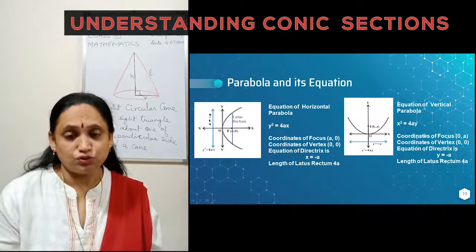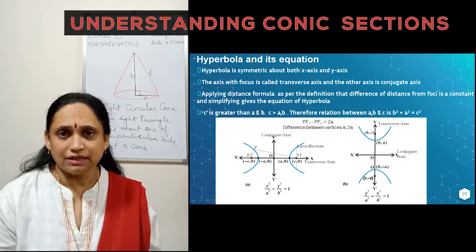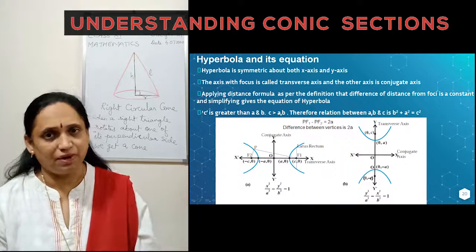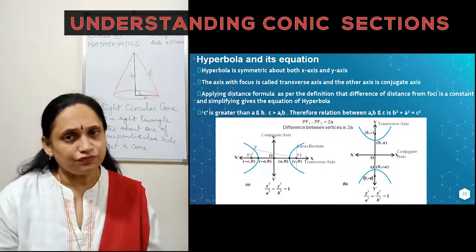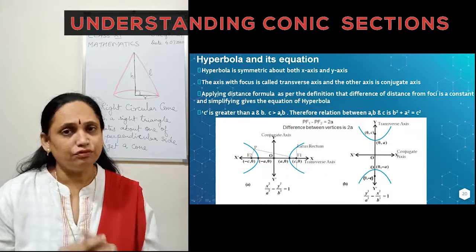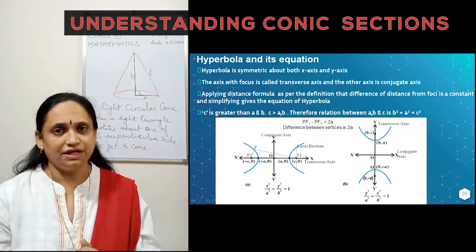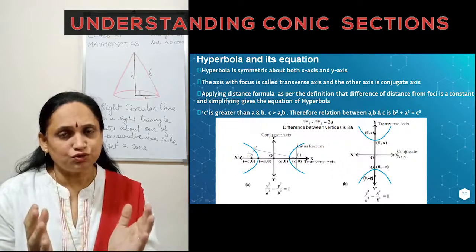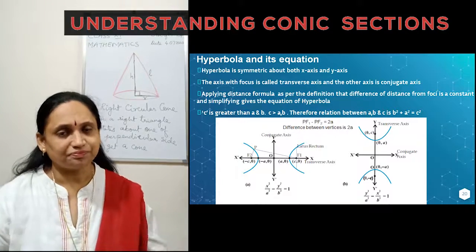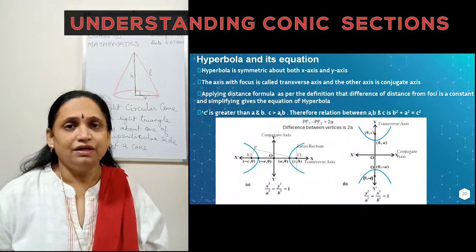Next, we move on to the next figure, that is the hyperbola. As with the ellipse, the hyperbola has many parts. There is a lot of similarity between the ellipse and the hyperbola. In fact, the hyperbola is just the other way around of the ellipse. You take an ellipse, cut it into two parts, and turn them around, and you get a hyperbola. However, we didn't define the hyperbola that way.